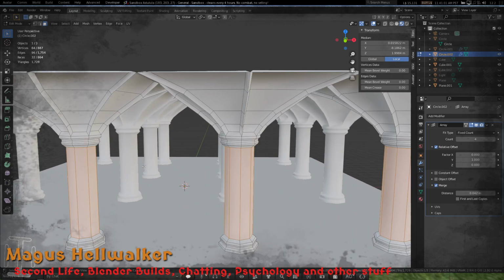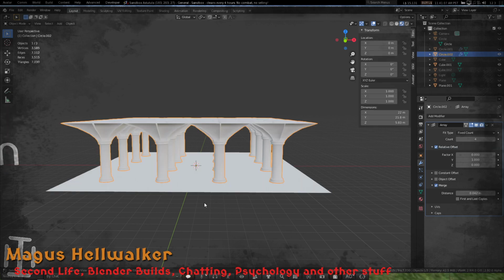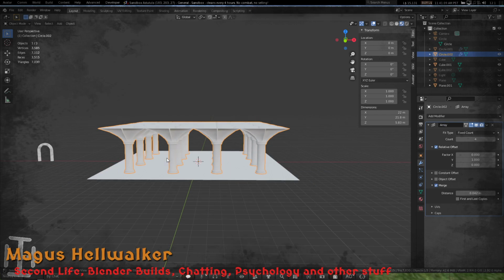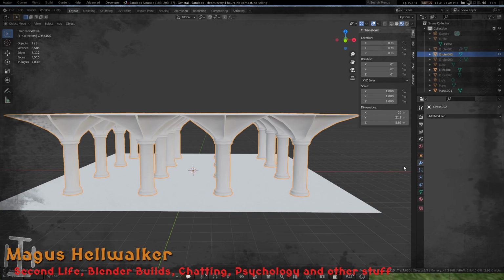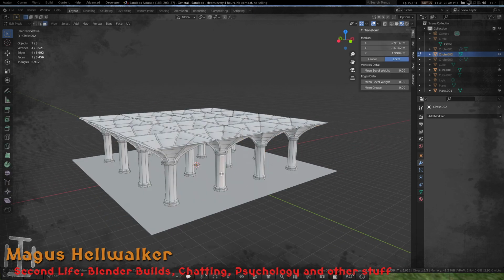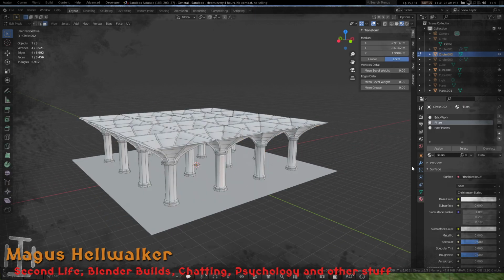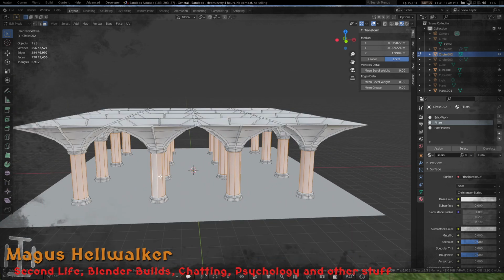Okay. Jolly good. I'm going to apply this array because I'm quite happy that that's now finished. I'm going to duplicate this first. Always duplicate, hide it. I'm going to apply this array so that we've got a fixed amount. There we go. I'm going to select one material, the pillars. I'm going to duplicate that, and I'm going to call that